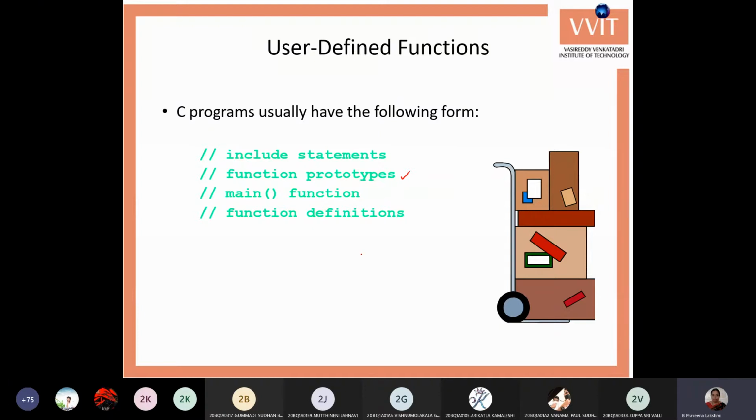If we are writing after the main, then before the main we need to write the function declaration, then write the main function, then write the function definition. Any of these ways we can follow. Otherwise, we can go for the fixed method, writing the function before the main.